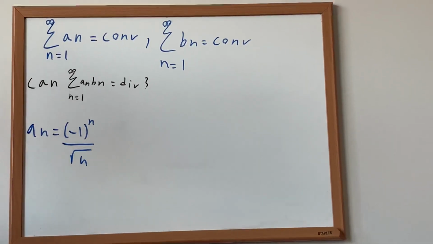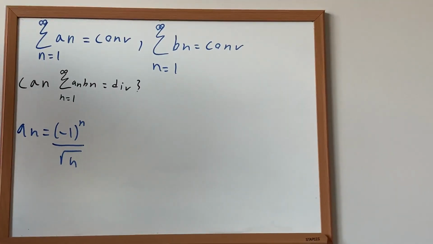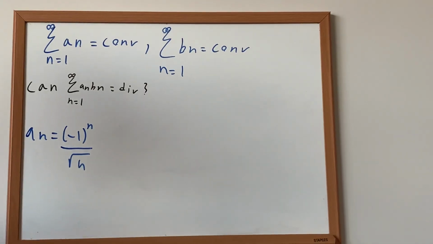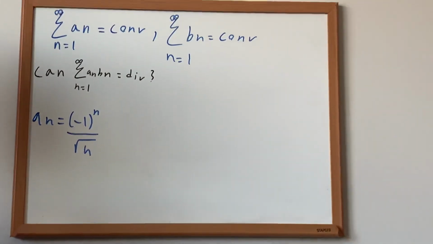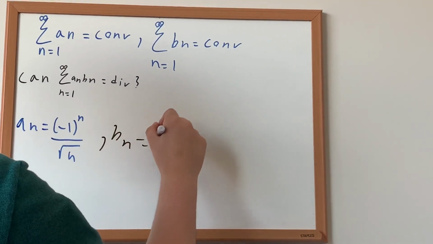I will make a video and prove it, but for now we know this has been proved to converge. And also for bn, we can use the same example because it doesn't say that an can't equal bn. So also for bn, I would write the same example